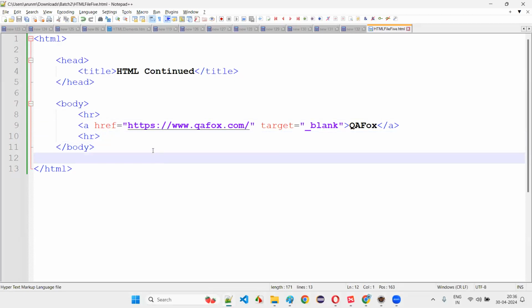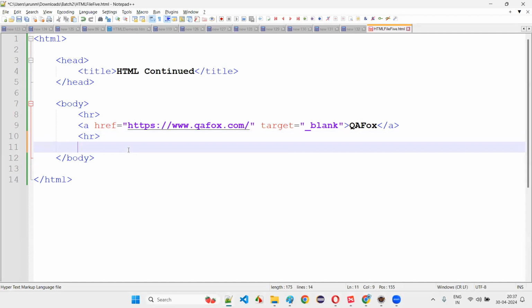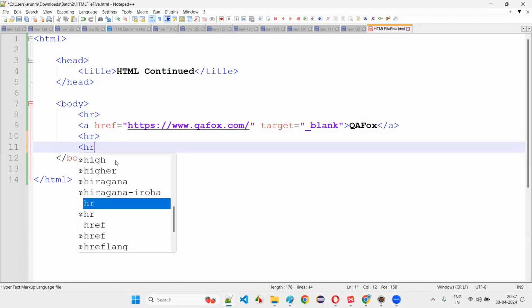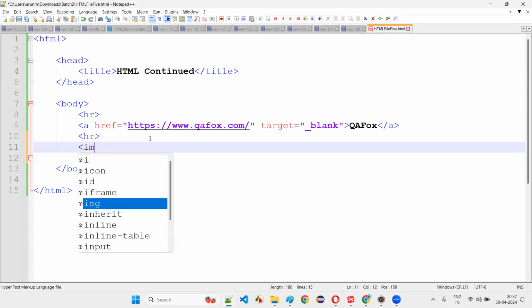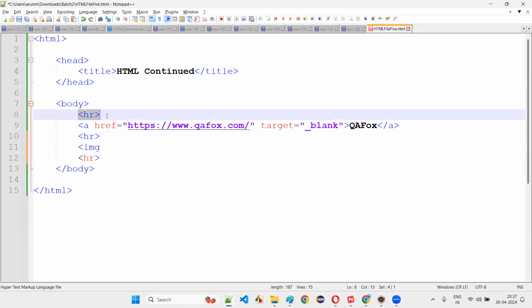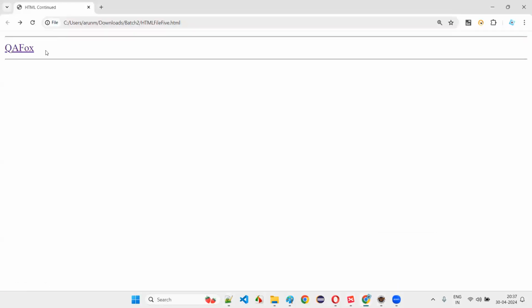Simple. Next, after this HR, I'll write one more HR, and in between these two HRs, I'll write one tag, the IMG tag. It's not compulsory to write HRs. I just want to separate this. I already covered the hyperlink, and I want to separate the hyperlink from the image.